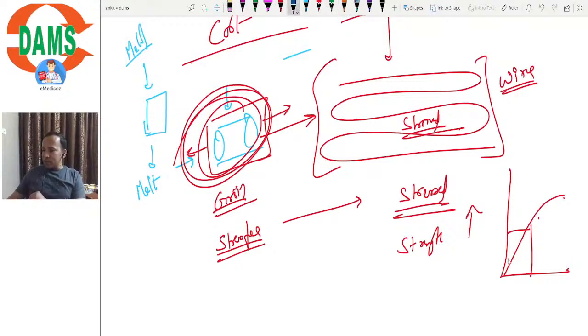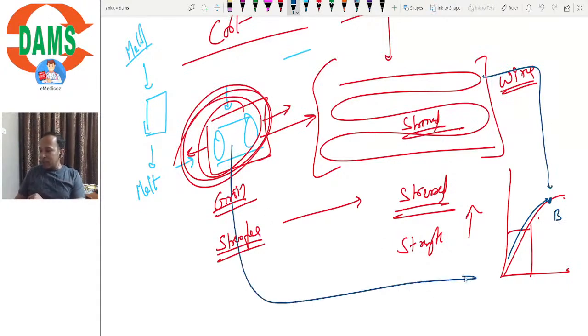तो लेट्स से you have stressed this material beyond the elastic limit into the plastic limit. तो आपने बहुत ही ज्यादा एक्सट्रीम स्ट्रेन कर रखा है, तो maybe इस पॉइंट तक आपने इसको स्ट्रेन कर दिया है। कर दिया कि नहीं कर दिया? तो इसके बाद अब मुझे बताओ, एक तो आपके पास ये वायर है जो कि ऑलरेडी इस पॉइंट B पर है, और एक आपके पास ये इनगॉट था जो कि इस पॉइंट A पर था। तो which of these two is brittle? Obviously it is the wrought metal which is brittle, ठीक है ना।